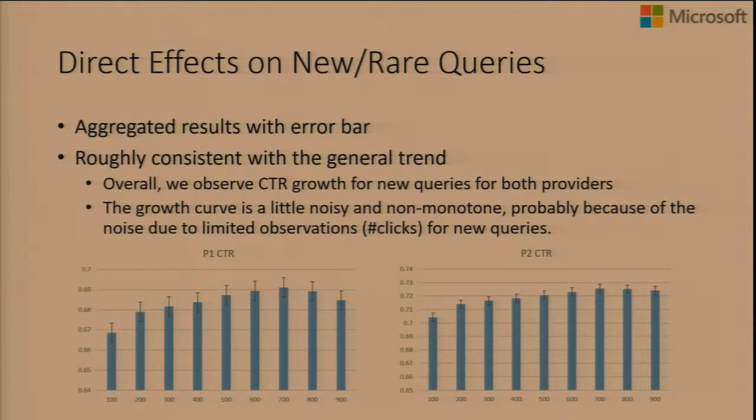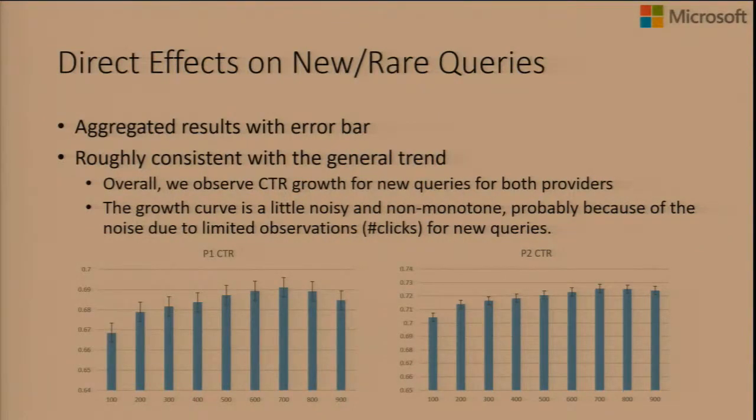One possible explanation is that some queries may have only, for example, 1,000 clicks. That means the query may be getting to the end of its lifetime. At that time, the query may not attract any attention, so its click rate will drop. Because of this kind of lifetime issue, it is possible that on the rightmost side the CTR will decrease. But overall, especially if you look at the right side, for example the first 7 or 8 buckets, the CTR